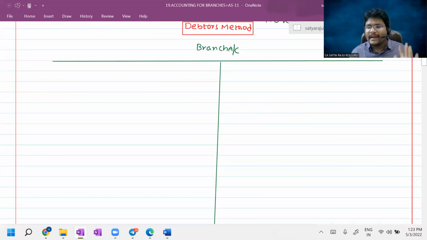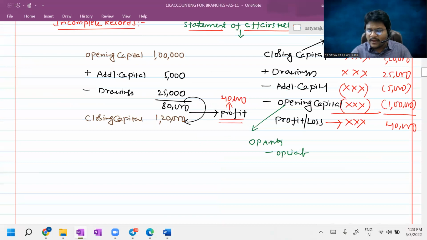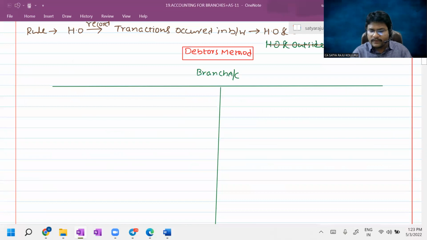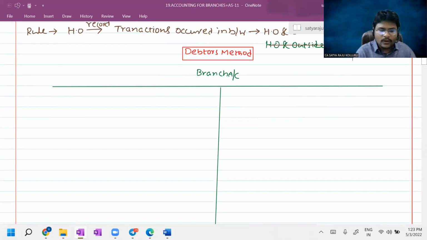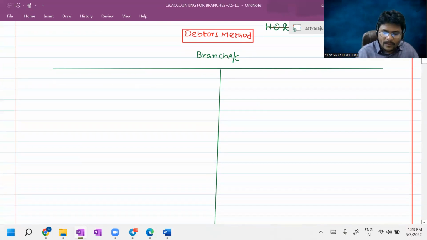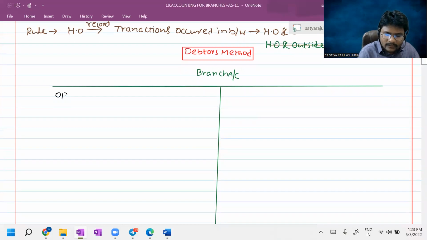Then, sir, how can we compare that? The same thing we adopted: closing capital plus drawings minus additional capital minus opening capital, then we get profit or loss, right? The same thing I am proving through this debtors method by preparing the branch account. Now please all of you concentrate here. Sir, this branch account is going to start with opening balance. In such opening balance,